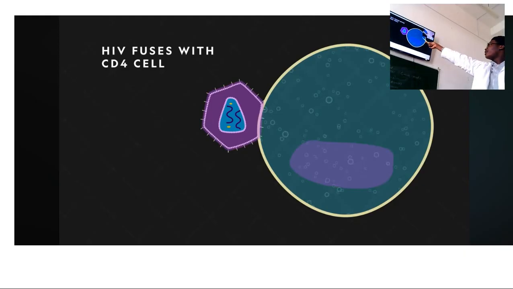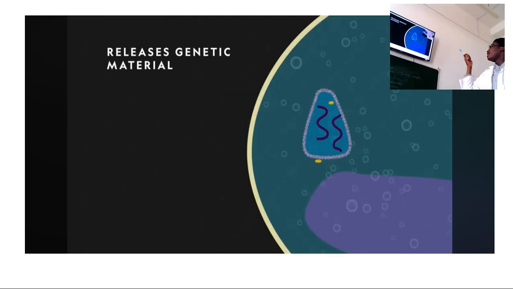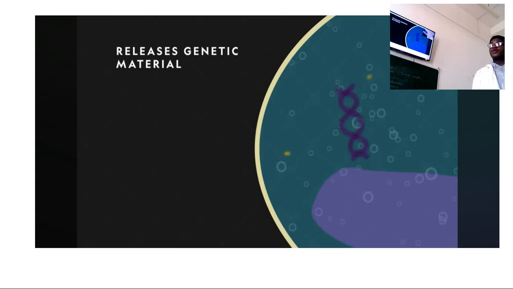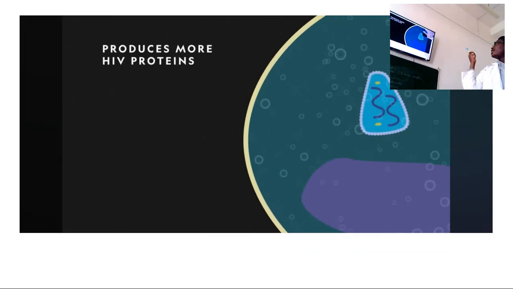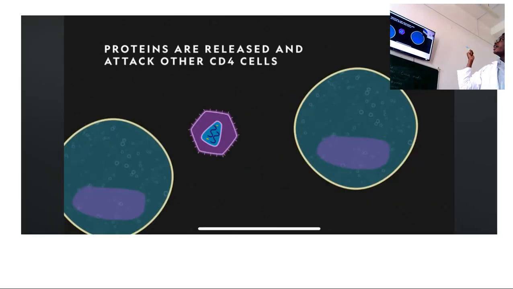Here you can see the HIV virus fusing with the cell of the host body. When it enters the host cell, it releases its own genetic material, and after this, it normally integrates itself into the host genome, or the DNA of the host, where it can then replicate itself to produce more HIV particles. After producing more proteins, it can leave the cell and go and affect other cells of the host body, which can lead to the multiplication of more and more viruses.